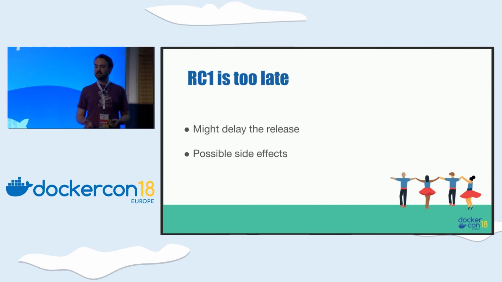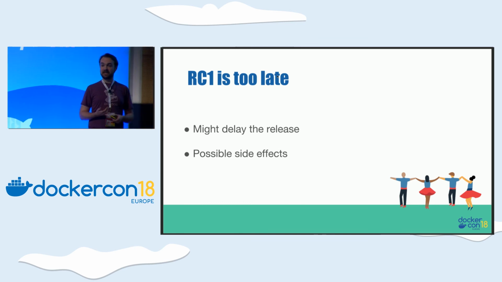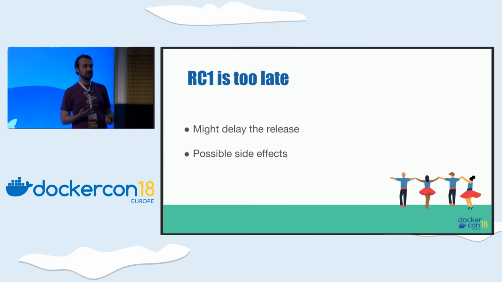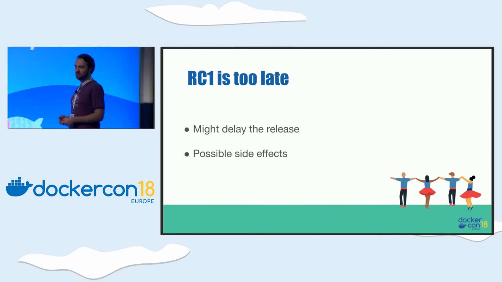But then what happens if there is an actual vulnerability that will delay the release, because we're probably going to need to redo a full QA cycle. And updating a dependency can be pretty simple, but you might need to update to a new minor version that could have side effects. So that was not the best for us. We did that for a few weeks, a few months, but then we decided, no, we need something else.